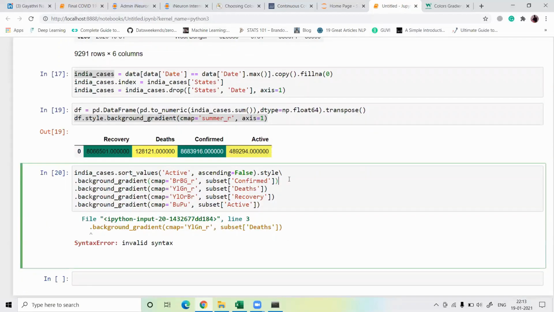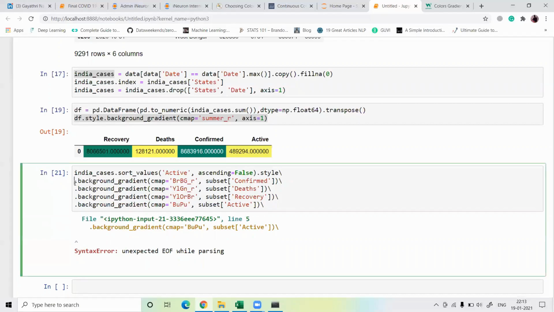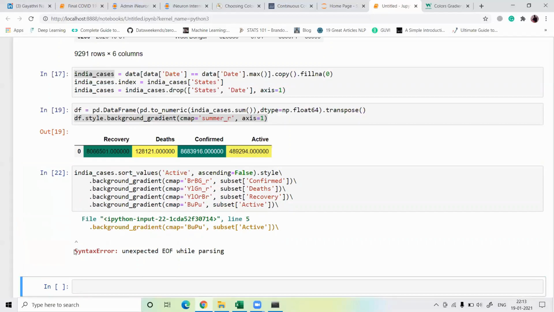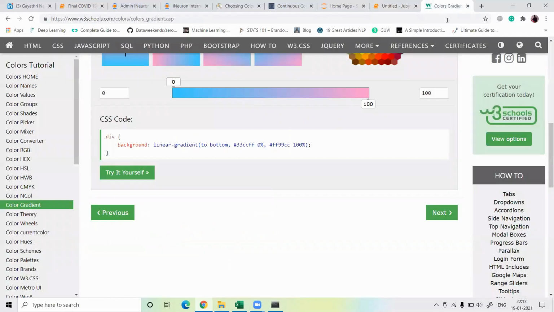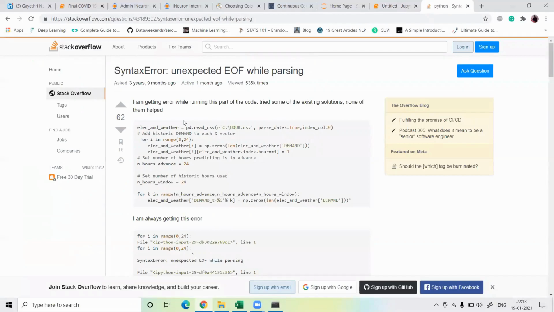Okay, this is a syntax error, guys, so add this here. Now this is unexpected. Now hope it's working. No syntax error. Okay, let's copy from here to there. Unexpected error.